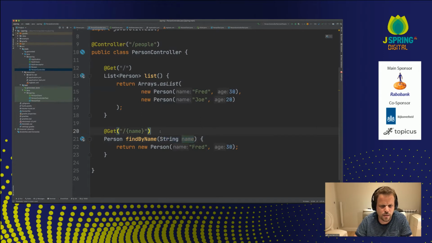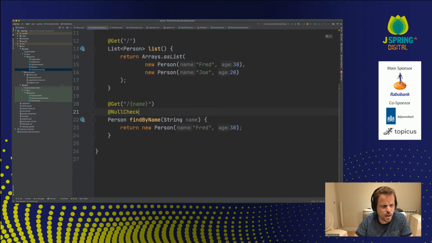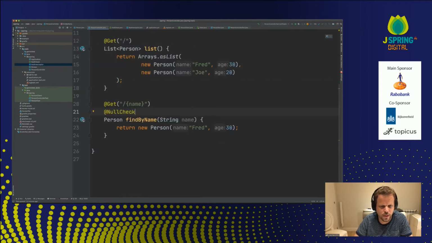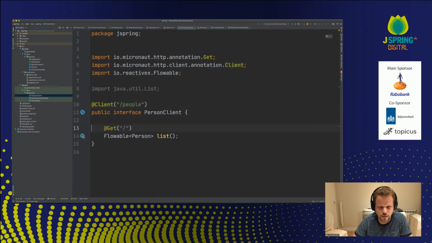And now I can just add null check onto this method. And in theory, if everything goes according to plan, I may actually need some kind of test to invoke this method, I guess.